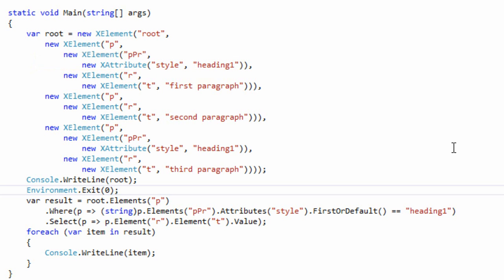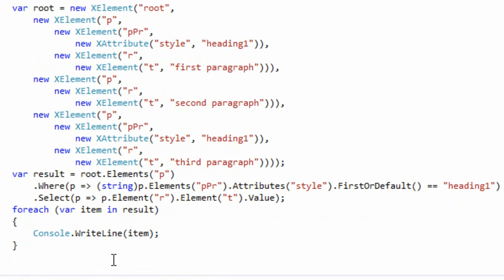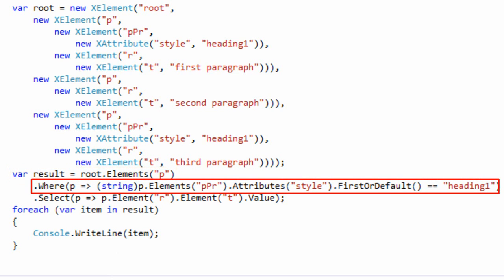And the easier and more robust way to do this is to use the attributes extension method. So let's look at this query here. The query first takes the root element and it gets all the child elements with the name of P. It then filters all of those child elements. It filters them by this expression right here. And let's look at this